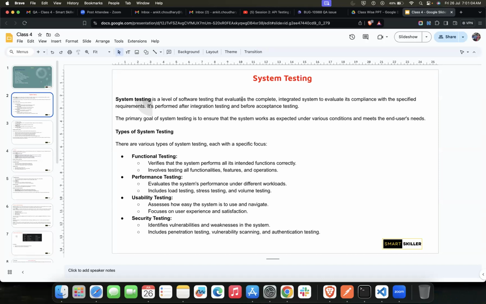Once they are developed separately, we go for integration testing. Once we log in, we are able to navigate to the home page. That's the integration testing part, correct? And from the home page, we can navigate to either the settings page or the notification page, and so on. That is the integration testing part.